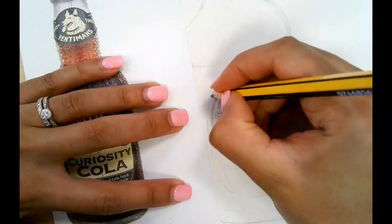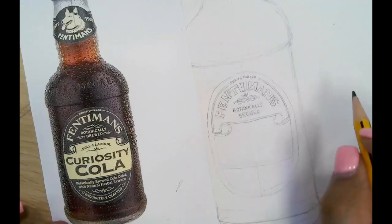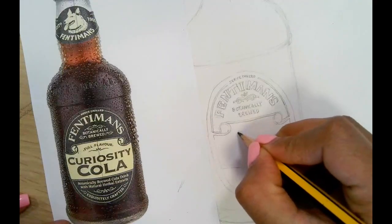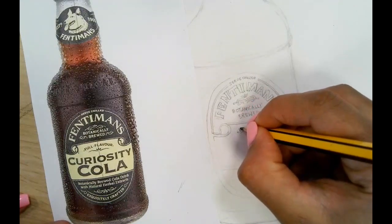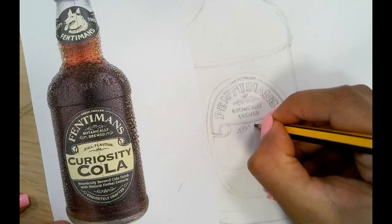Just working on other areas of my bottle just to kind of keep my attention spread out, so I'm not focusing on one thing at a time. It will get a bit too overwhelming. So I'm just going to go ahead and think about where I want the full flavour to go. There, that's fine. I'm going to add the dots and just do the full flavor,